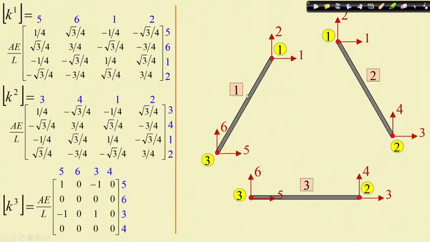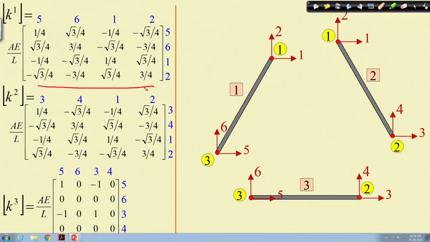Not only that, if you take the individual element stiffness matrix, the member stiffness matrix, all these matrices, if you look, they are symmetric and all the diagonal terms are positive. But in addition to that, one important feature of this stiffness matrix is that all the determinants are 0. So, if you take the determinant of k1, you will get 0, the determinant of k2 you will get 0, similarly the determinant of k3